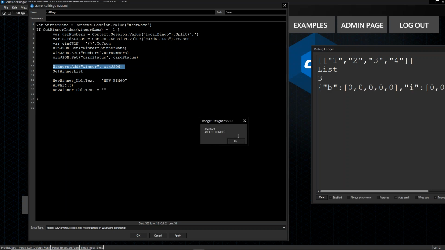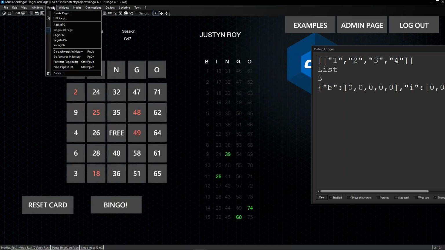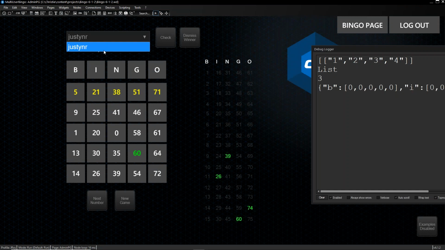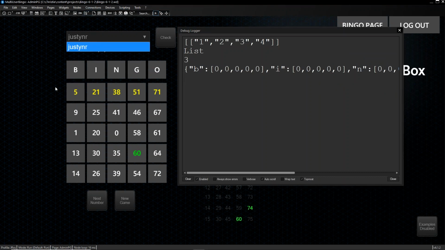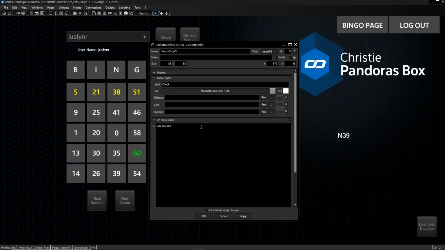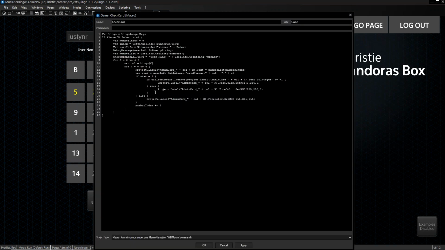And then of course, access denied. And then I am assigning that to this drop-down menu, so we can see who has clicked the bingo. So I'm parsing the list of winners, pulling the username, and then putting the username in here. So now when we click this check card,